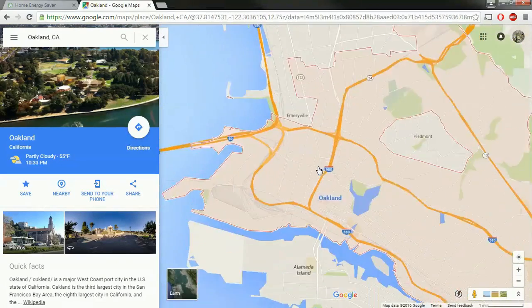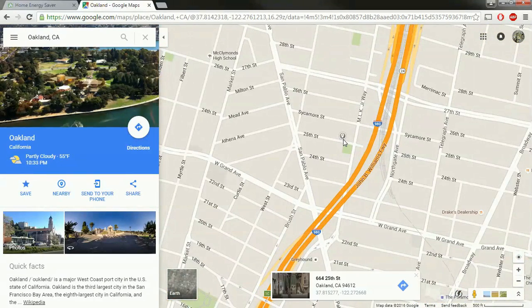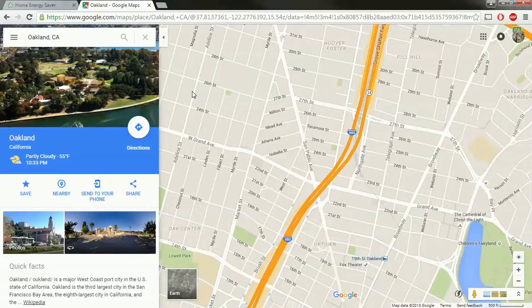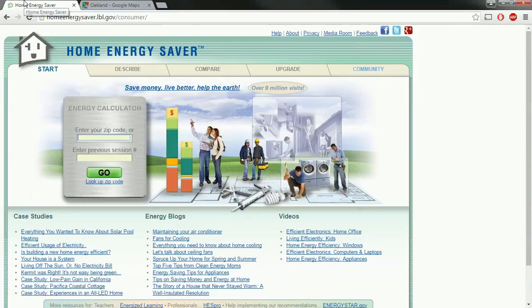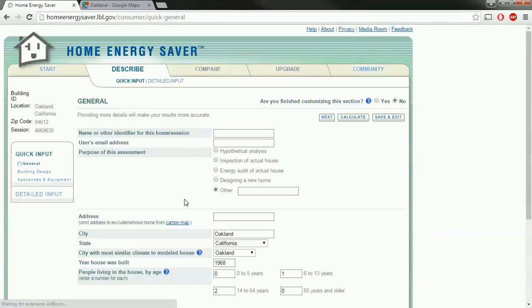So if I zoom into Oakland here, I can click on the map, and down here it'll give me a zip code, so 94612. And that's as good a method as any I can think of for finding a zip code in an analogous climate zone. So 94612 in this case,